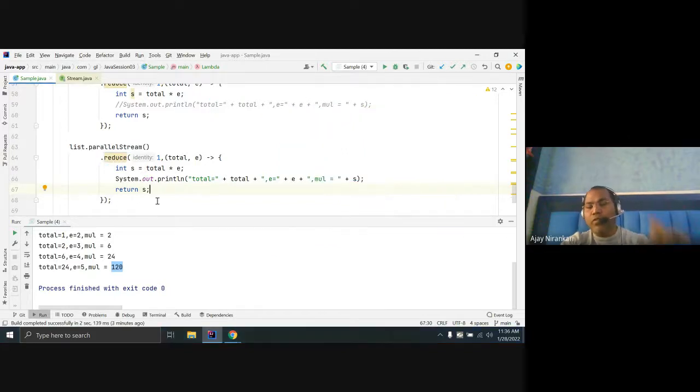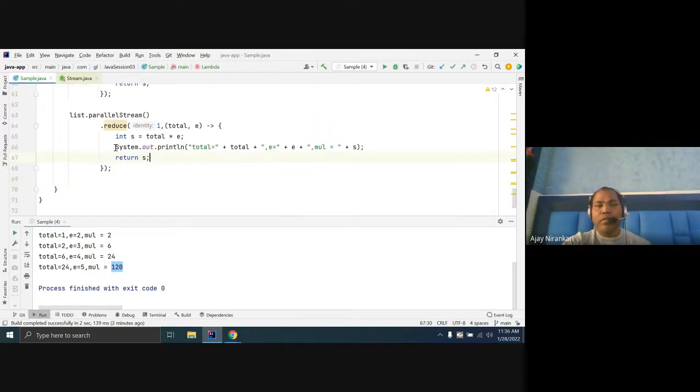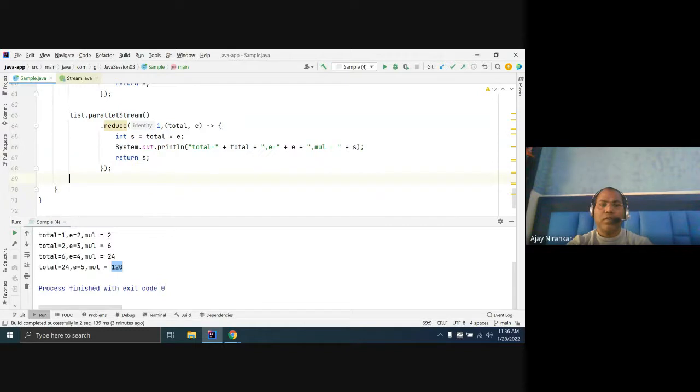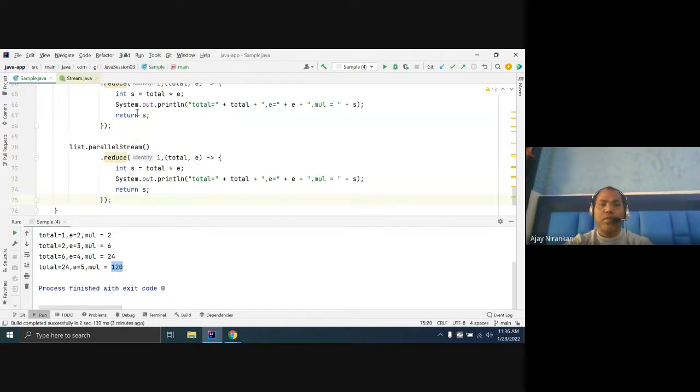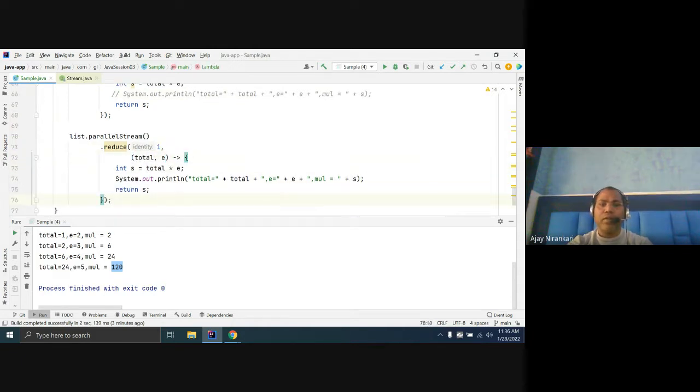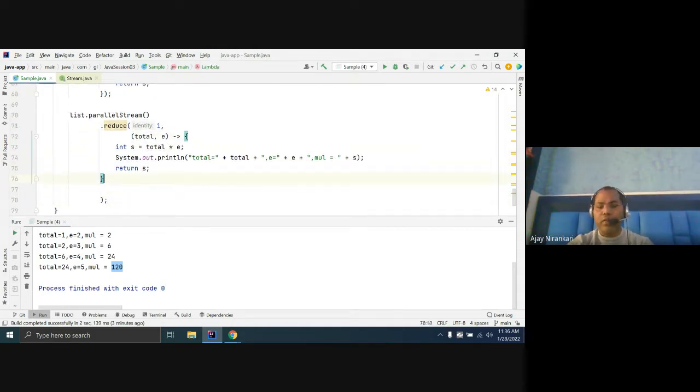So let us look at how we can use it. Let's remove this and just comment it out here. First argument is the identity, second argument is your binary operator, and third argument you can pass your combiner.